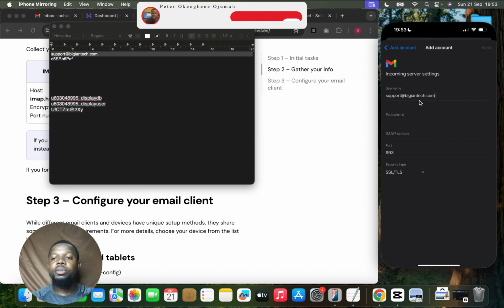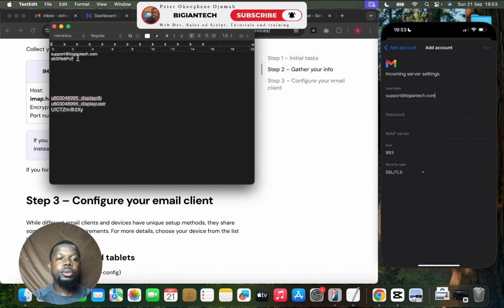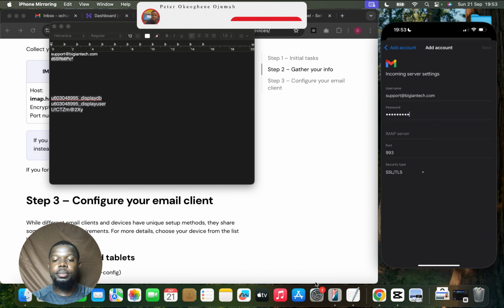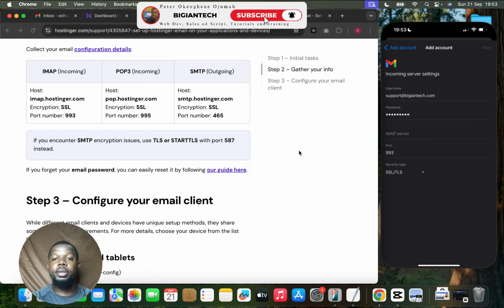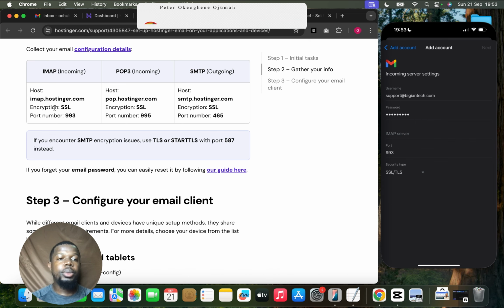Okay, after you've done this, now the password you created while creating your company email, you just copy the exact password and I'll paste it here. Now the IMAP server, you can see the port here. This is the IMAP server we're talking about. So I'll just copy this information. This is the IMAP server. I'll copy this and